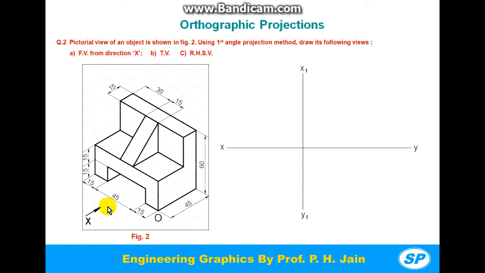Now, see, this front view is from left hand side direction. So, according to first angle projection method, this front view will appear towards right of the X1 Y1 line, means in this region. So, here mark vertical plane VP, where we are going to draw the front view. Similarly, our right hand side view is from this direction. So, right hand side view of the object will appear towards left of the front view. So mark here PP, profile plane, to draw the right hand side view. Then mark HP to draw the top view.